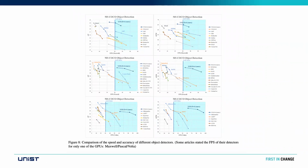By using COCO, I think in the COCO dataset there are more class labels. Pascal is 20, COCO is 80. And I think from YOLO version 3 they only use the COCO dataset, starting from